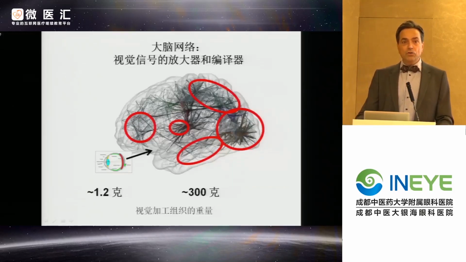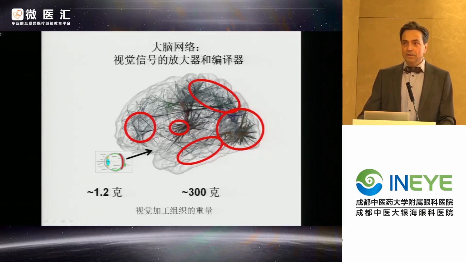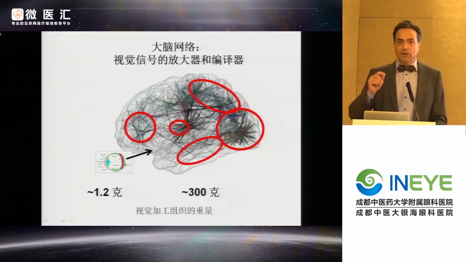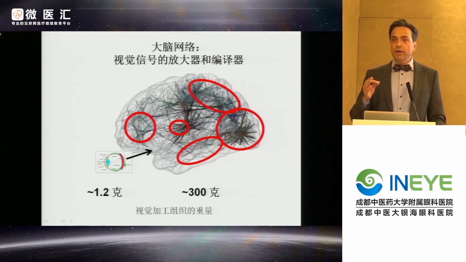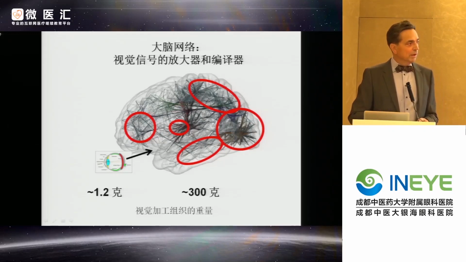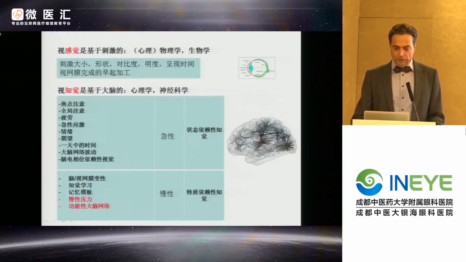So if we ask how much nervous tissue does the eye have or the brain have, the answer is the amount of nervous system tissue in the retina is 1 gram. But the amount of tissue in the brain which processes visual stimuli is several hundred grams. So what I propose to you, let us not only focus on the retina, but let's also understand how the brain is involved in visual processing and what we can learn from the brain, why vision problems happen and how they can be fixed.